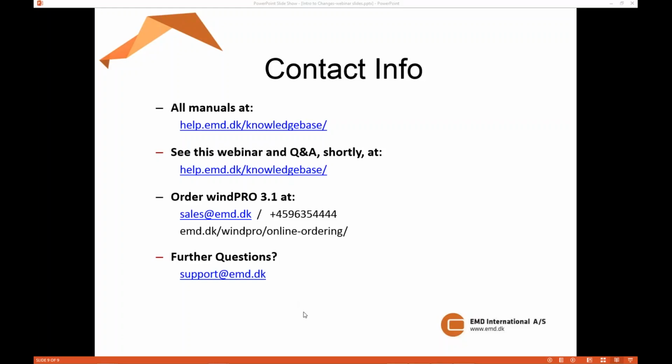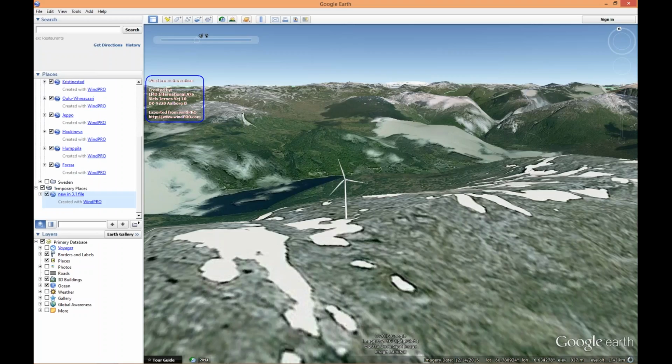Okay, I think I'm ready to go. I'm going to bring it back to Google Earth. It'll be a little nicer to look at than a contact slide. So let me see here. It says,